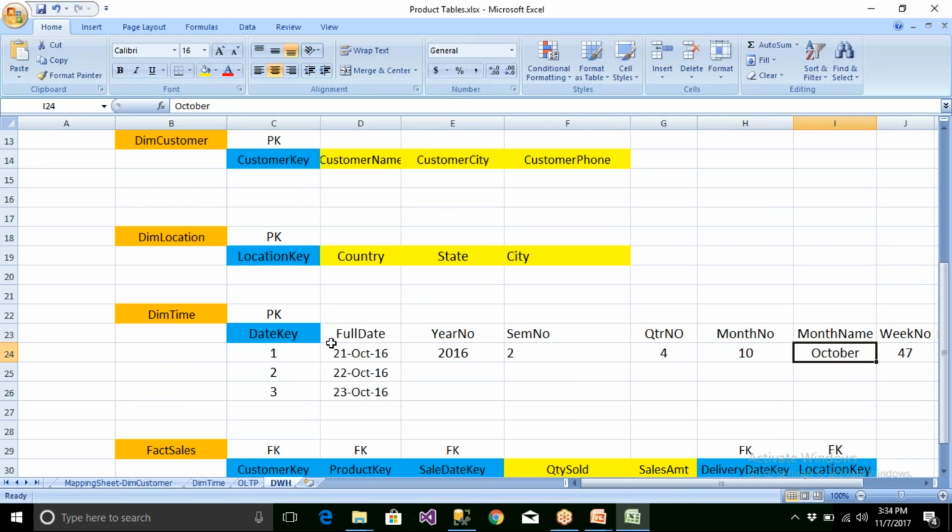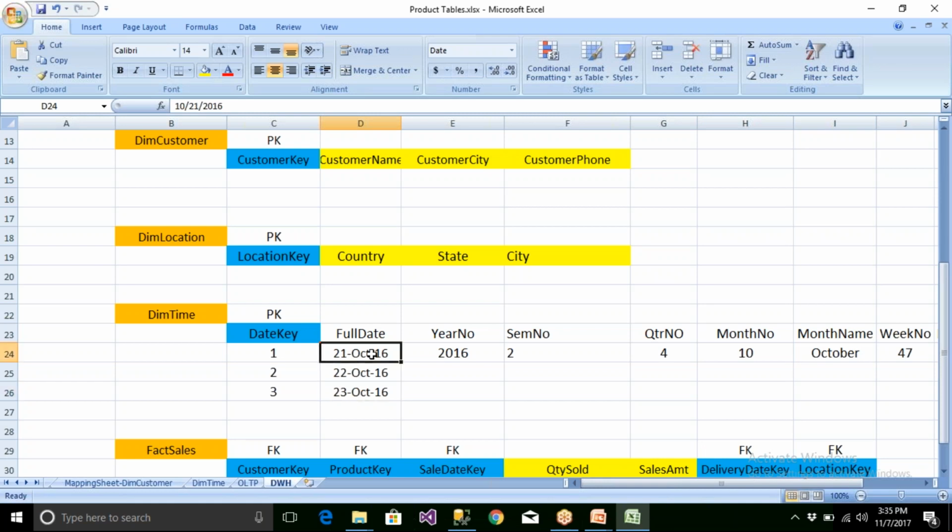So why do we have to create a dim time table like this? Because if you keep a single date, tomorrow you have to apply a lot of functions to retrieve. For example, I wanted to get only the year number. If you have a date like this, getting the year number from it is very difficult. So normally people separate the data and store each part. You should not use a lot of functions to retrieve the quarter number, the month number, the year number from this.